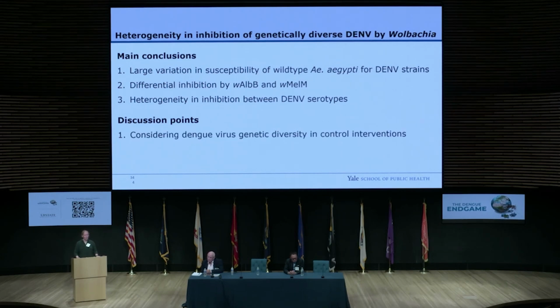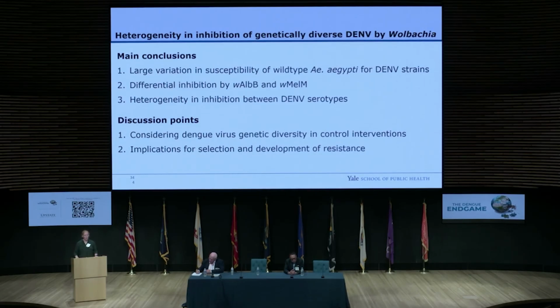I think we should really start thinking about genetic diversity in the context of control interventions. We specifically studied Wolbachia, but I think we can take this a little broader: when we roll out new interventions, we should be on the lookout and make sure that an intervention actually works across the board and not just for a handful of selected viruses. I would also argue that if a control intervention is not perfect, which I don't think is ever going to happen, there is a chance for resistance to evolve, and this is something we need to monitor as well.